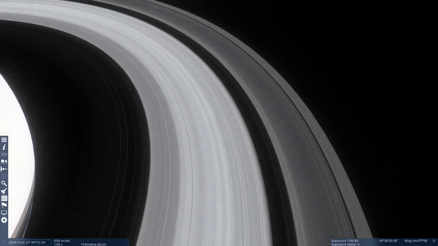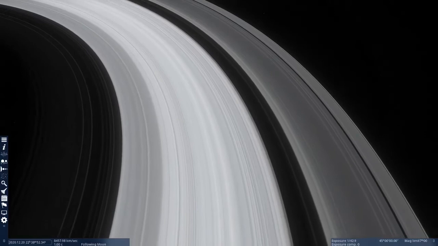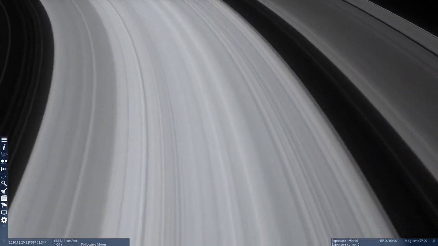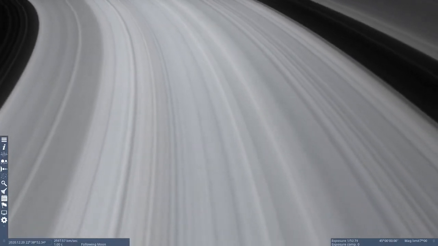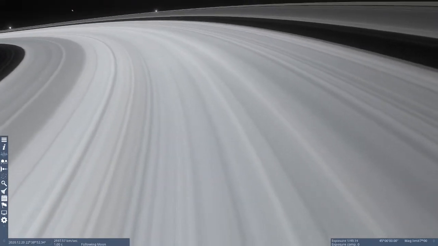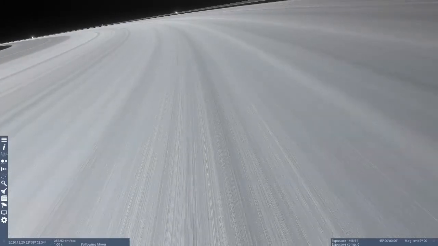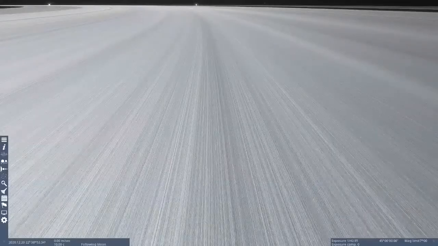The program has two different modes for showing things, and when it shows them as points, they're too bright, and then when they go to the full rendering, they get too dim for a while. I want to come down here towards the ring plane and just show you the rings real quick, because they have some texture, some detail to them that maybe is not that realistic, but it's kind of cool, right?